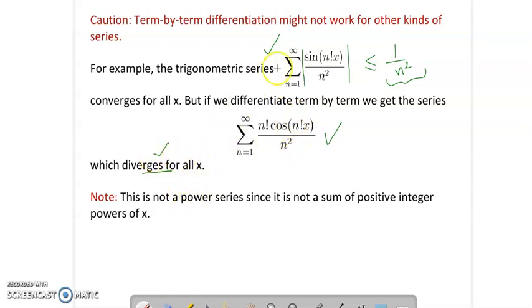This is because the series under consideration is not a power series, and the term by term differentiation result which we have just stated is applicable for power series, right? If it had been a power series, then the result would have definitely held.